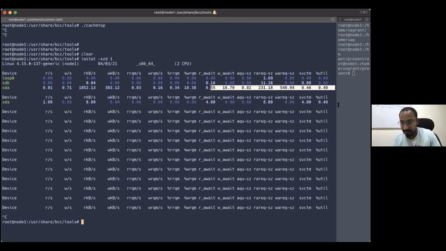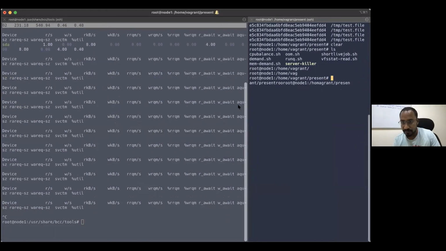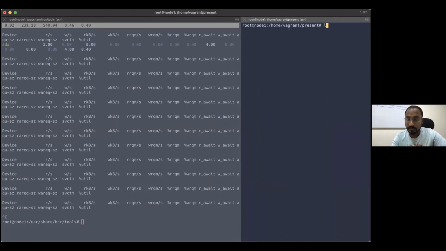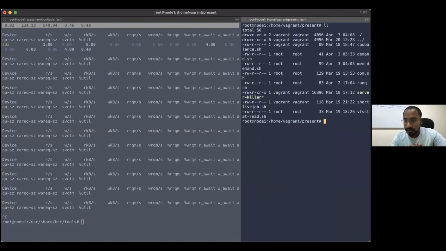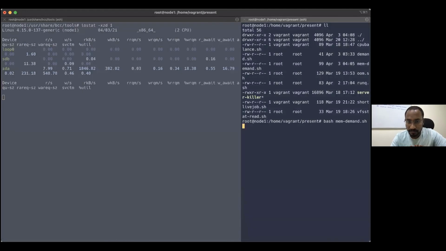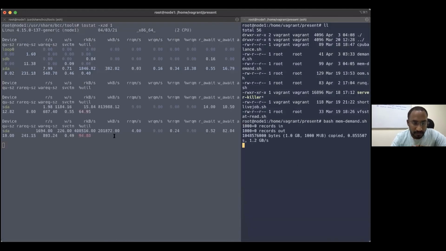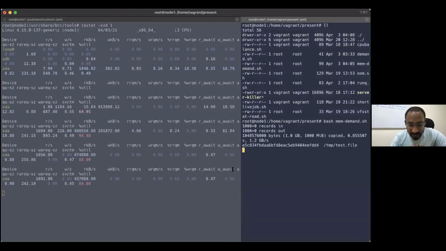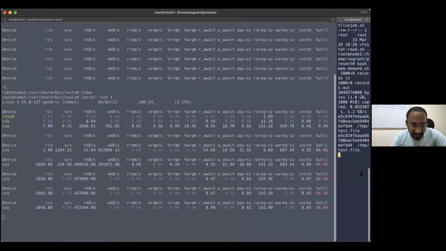We can simulate something here. Maybe you'll get a picture. You can see the disk spike here.